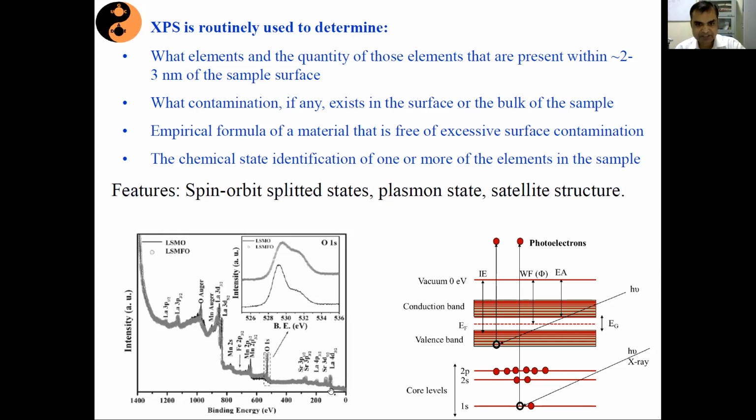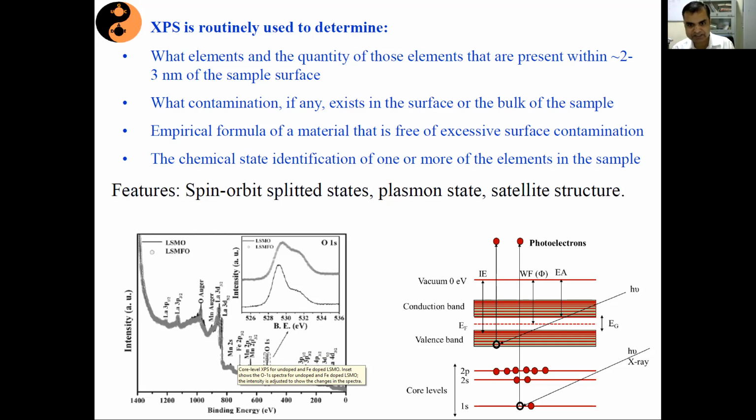So all these different states are located. This is oxygen 1s. Since different elements and different electronic states have different binding energy, they all appear at different binding energy scale in this whole survey spectra. Since we are recording all the electrons which are coming out, this is called survey spectra.